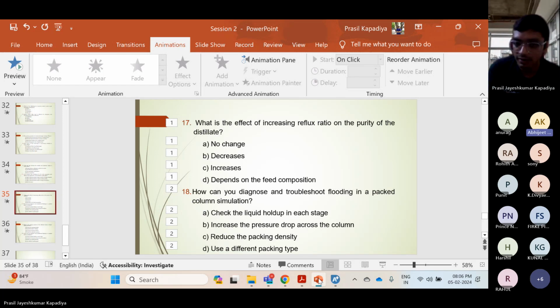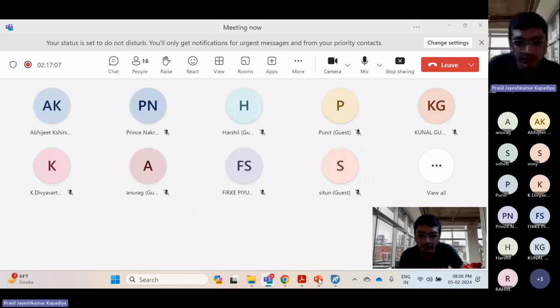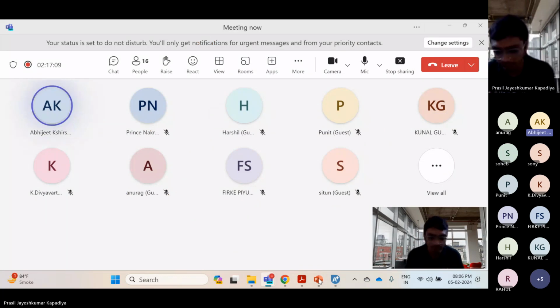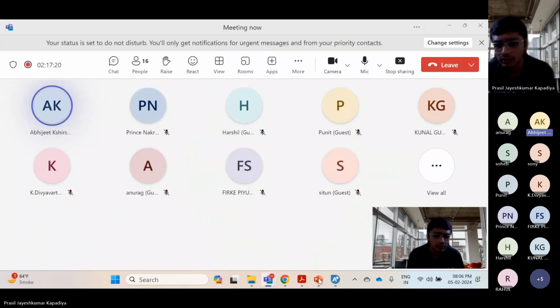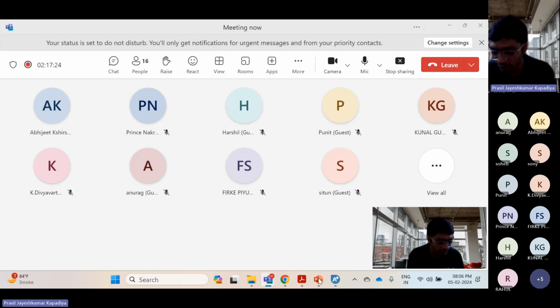Can I say something, Prashil sir? Yes, please. Sir, the question suggests that it is a packed column, and packed column is a continuous operation. So I think an increase in pressure drop across the column will be the indication. There are two types of column, tray column and packed column. In tray column, we can have some flexibility with pressure drop,